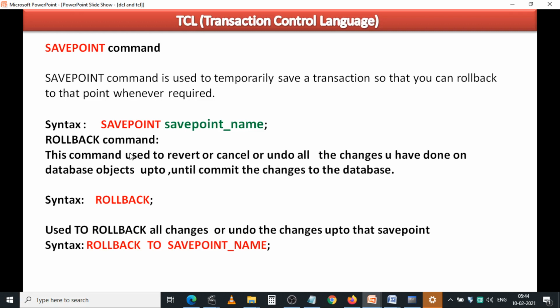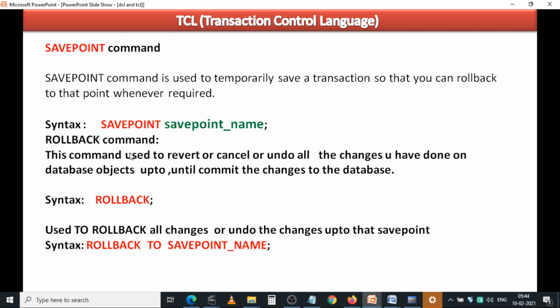When you save the transaction operations by using a savepoint, then by using rollback you can undo or cancel the changes up to that savepoint only.